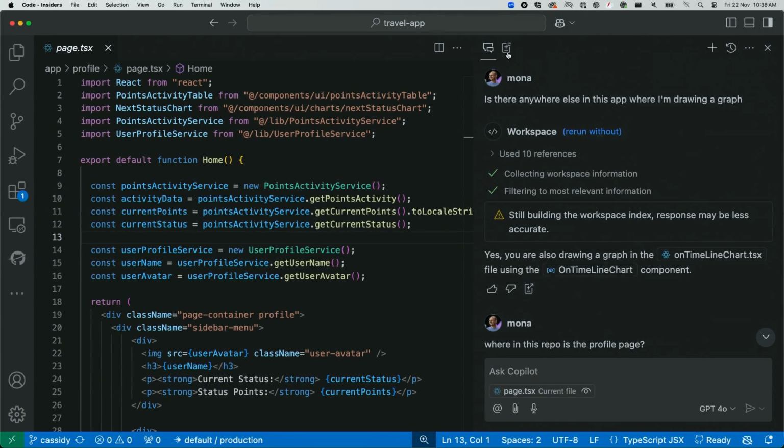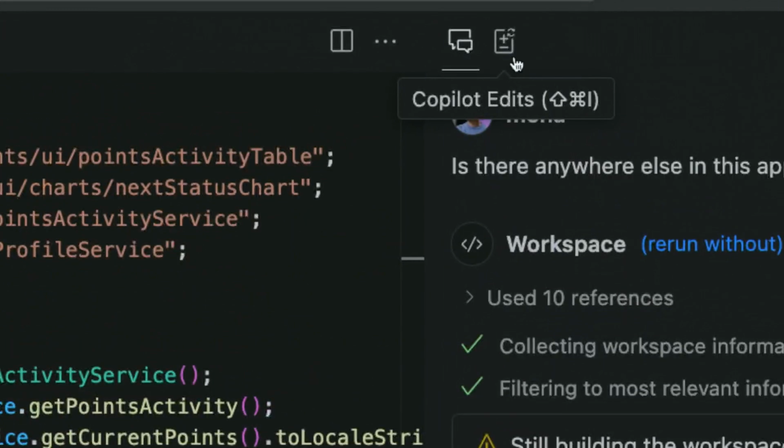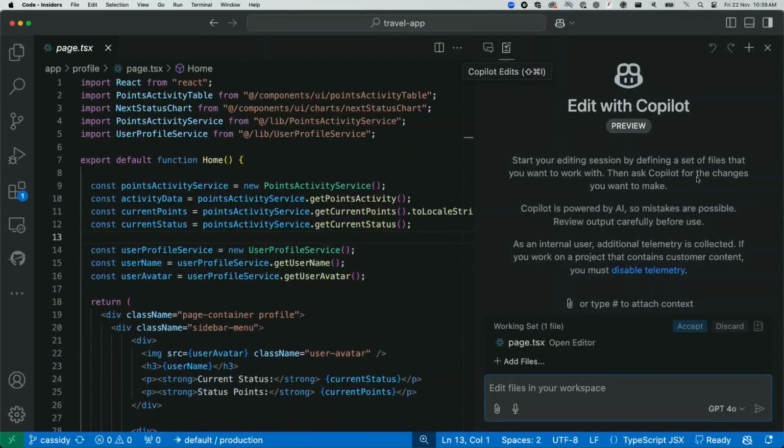So I'm going to switch to this tab here, which is Copilot Edits. So this is a relatively new feature. I think we announced it at GitHub Universe a few weeks ago. And Copilot Edits kind of expands that Copilot experience. So we're not just dealing with the one file and making changes to the one file. We're dealing with that whole workspace, the whole project. Anything that needs to change to solve the task that we're doing right now can be done over here. Once again, we have the reference to the current open file, which is great.